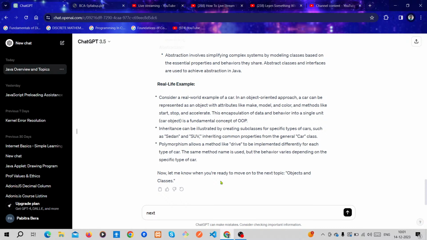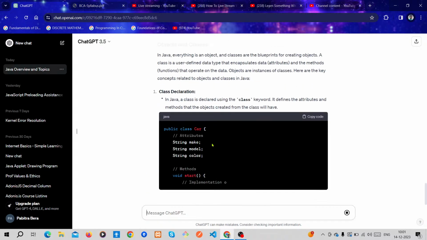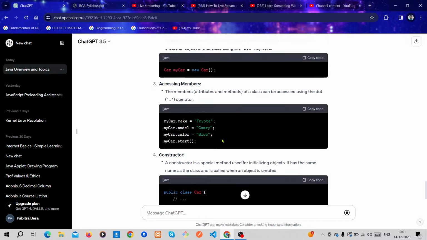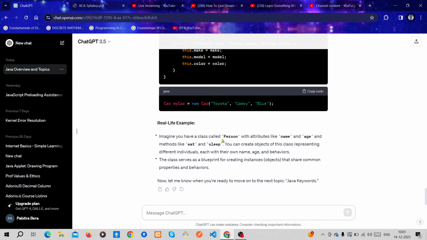You use ChatGPT or AI. So try it. If I type next and press enter, it provides me the objects and classes, with examples and code.